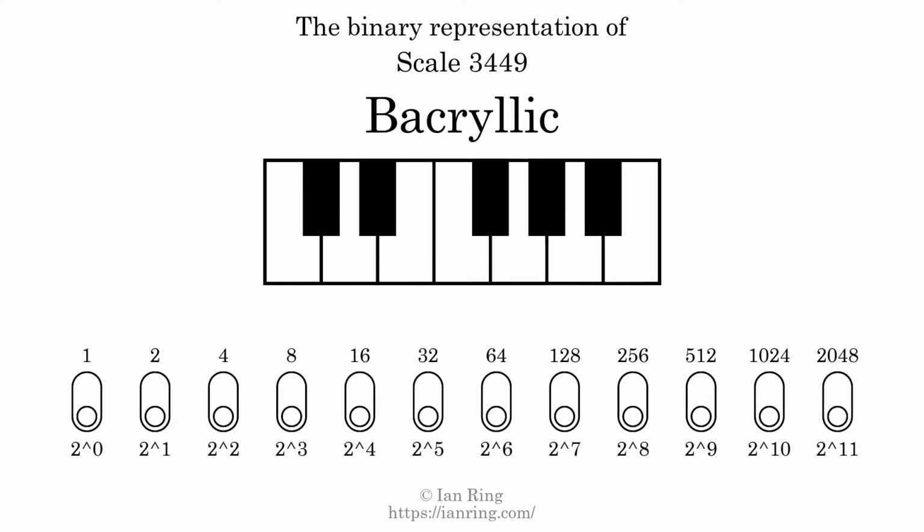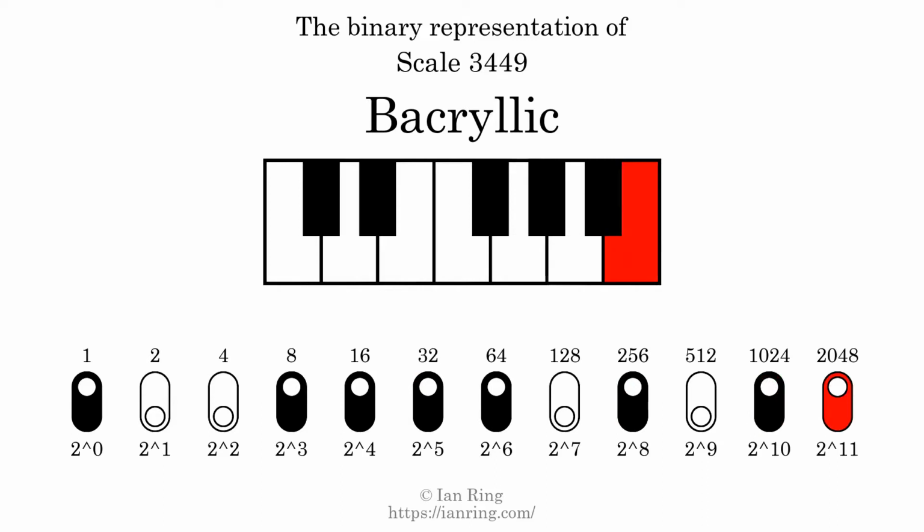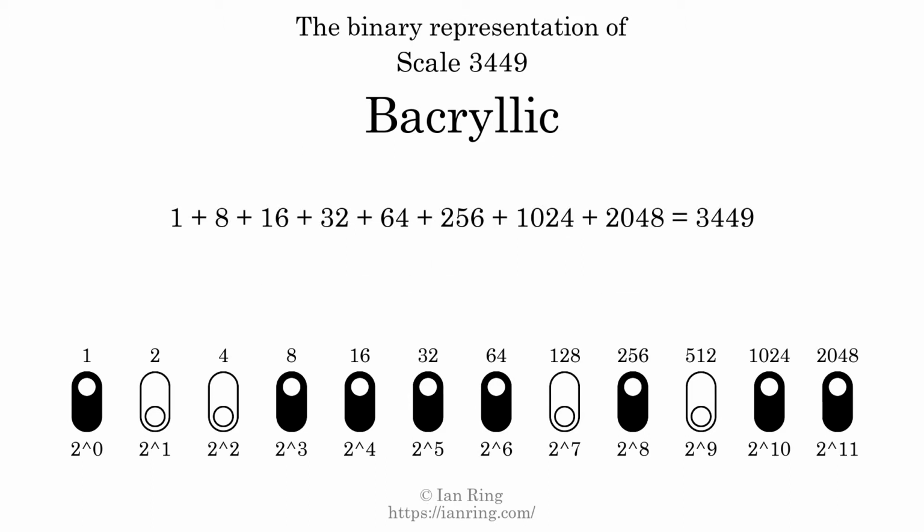The binary representation of this scale is determined by mapping tones of the scale to binary digits. Each binary digit represents a power of 2. To get the scale number, we add the powers of 2 together. The powers of 2 that are present in the scale, all added together, equals 3449. That is why the scale number, in decimal, is